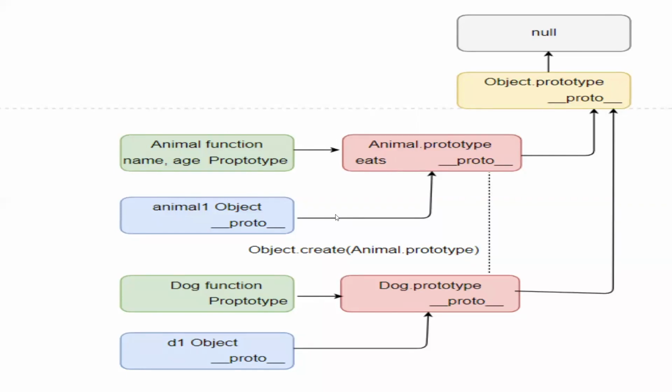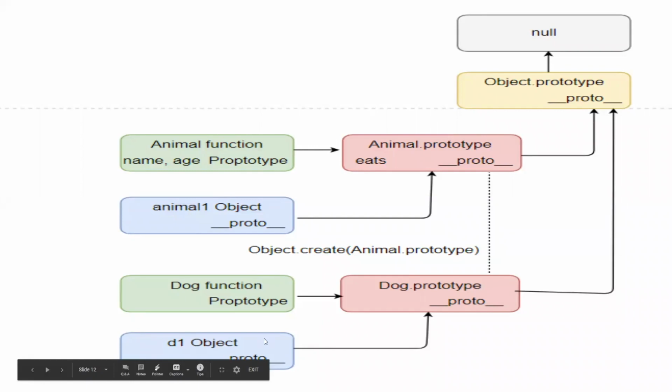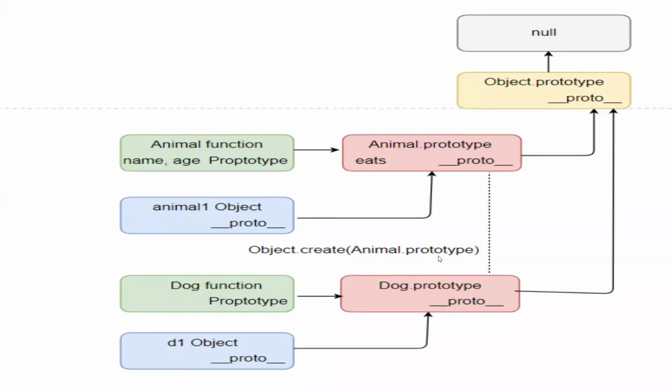But after that, we created a dog function that is our independent constructor function. And its prototype was pointing to the dog prototype. That was an independent prototype. And there was no linking between animal and dog prototype as such. And it was pointing to the Object prototype. But as soon as we create the instance D1, D1 also points to the dog prototype. And once we did Object.create(Animal.prototype), once we copy the animal prototype and assign it to the dog prototype, it breaks the chain from here and starts moving towards animal.